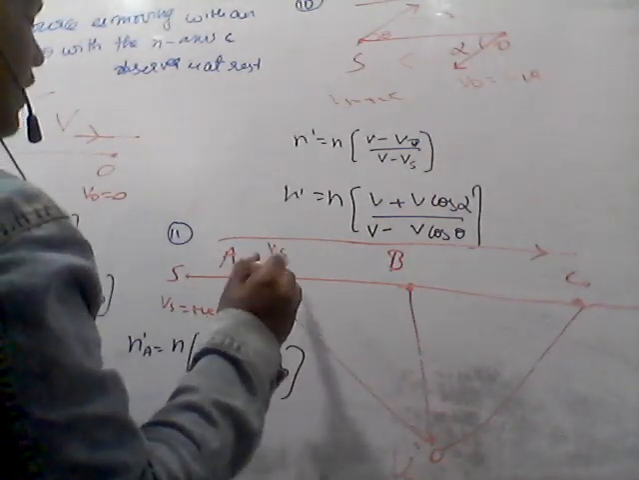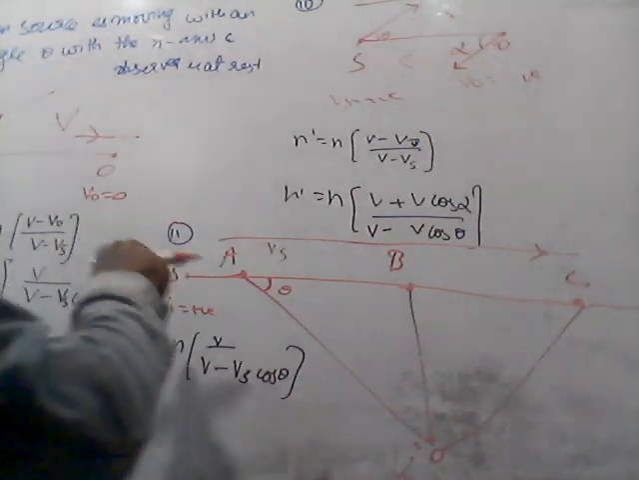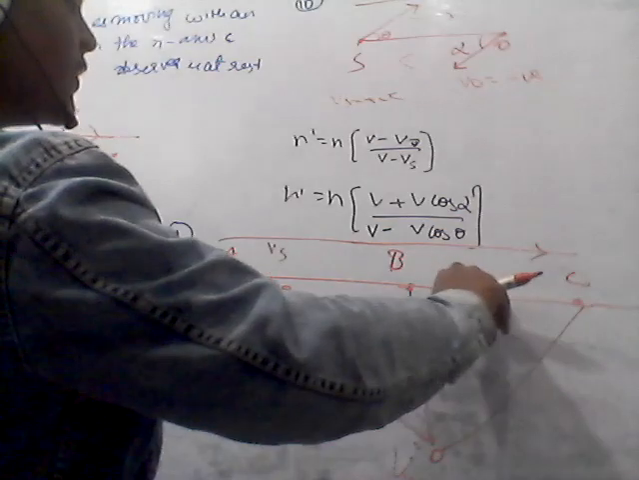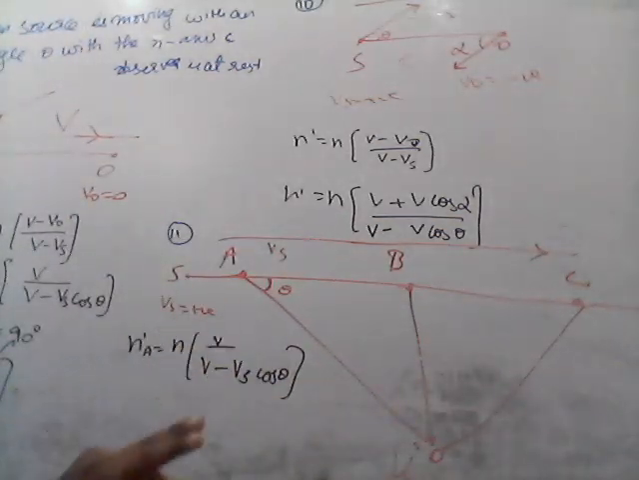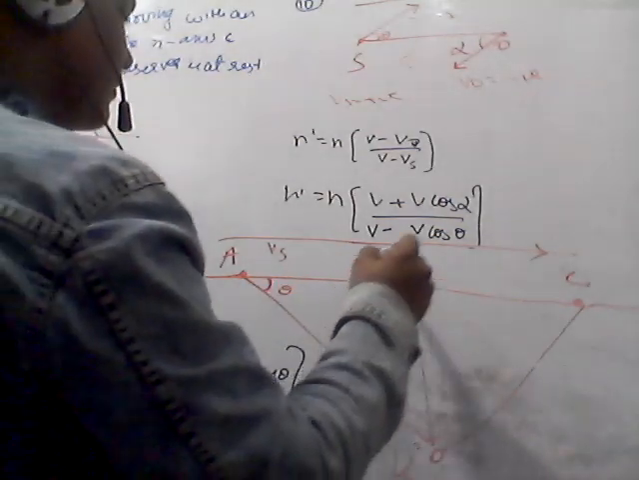Actually, the source is moving in a straight path, but as the observer is at an angle theta with the source line, or with the velocity of the source line, hence we are taking Vs cos theta. Fine. Similarly, coming to NB,